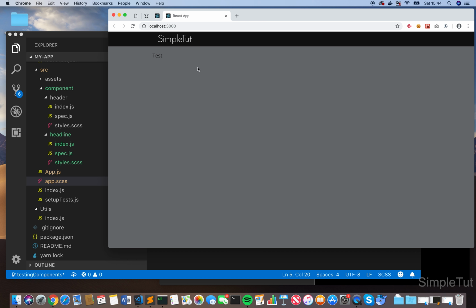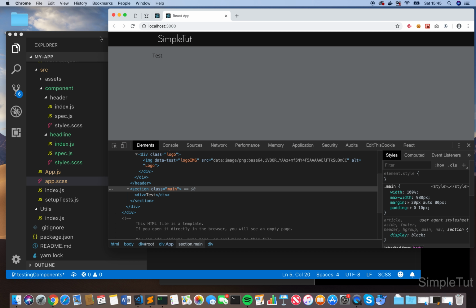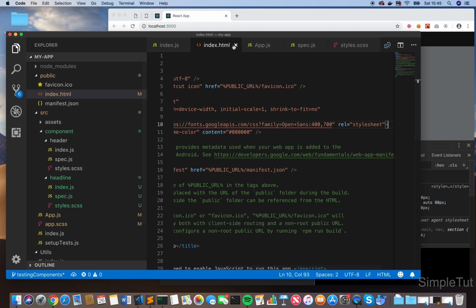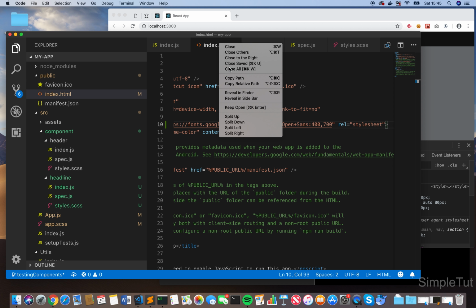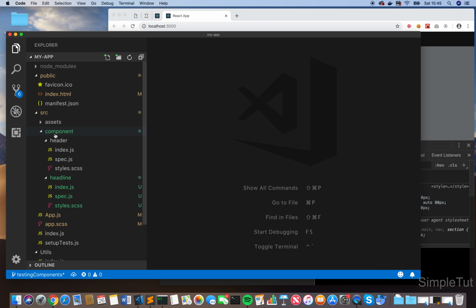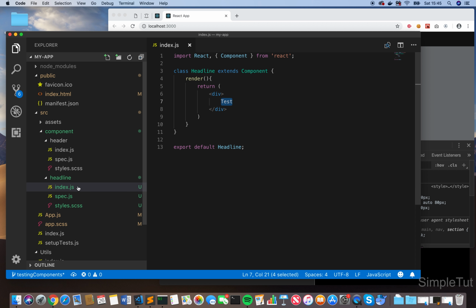So cool. So we've now got our headline component. We've also got kind of a body, a container centered on the page as well. So that looks good. So I'm going to come back over to, let's actually close everything here. Let's open what we need. And let's go over to our headline. It's going to be pretty simple here. I'm actually just going to have a H1. And I'm actually going to